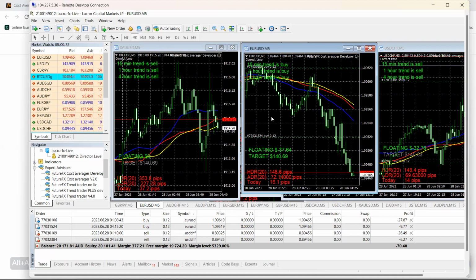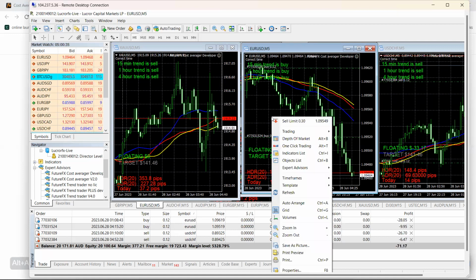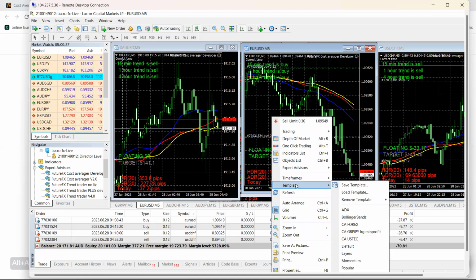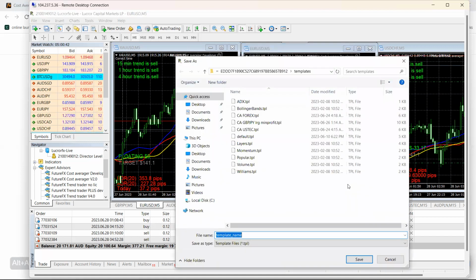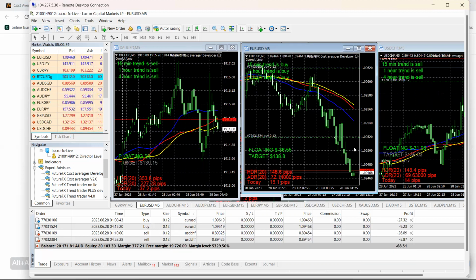So instead of doing that every time, I'm just going to right click on the chart that I have already adjusted, and I'm going to come down to templates and to save template. And then you can just call it anything you like. What I have called these ones are CA for cost average of Forex. So for all of the Forex pairs, that is my basic settings, and I would save that. All right, so the next time, let's say I didn't have the software on USDCHF, then I wouldn't have